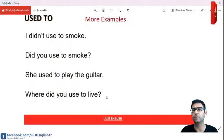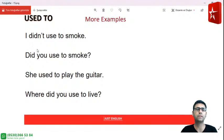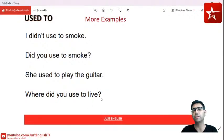Used to live. All right, let's check each one of them separately. We have four different sentences. The first two are about smoking, the third one is about playing guitar, and the last one is asking a question, where to live. All right,